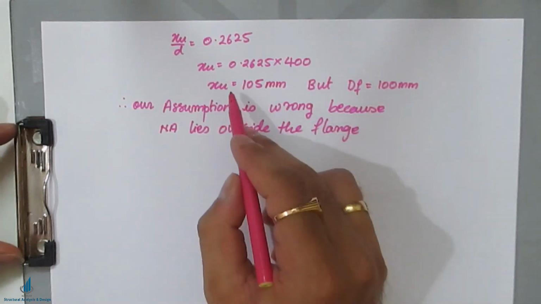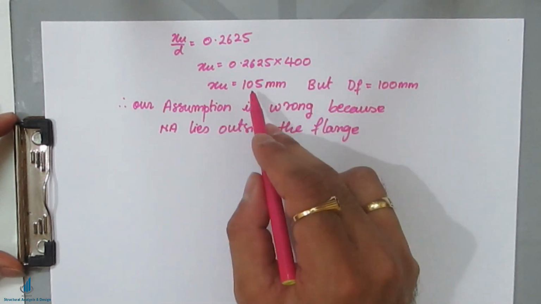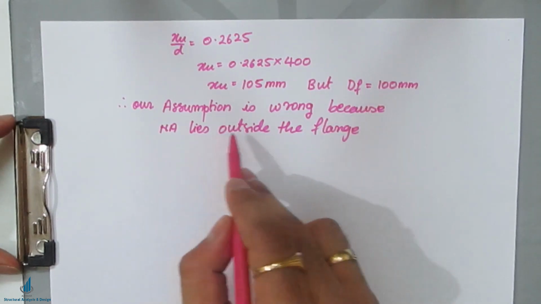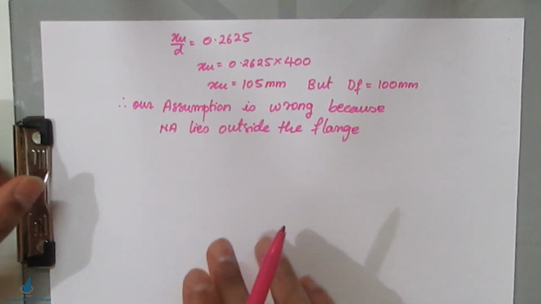Correct? This XU is 105 and our flange depth is 100 mm. So it crosses the depth of flange. Therefore, the neutral axis lies outside the flange. Okay. Then what you have to do,